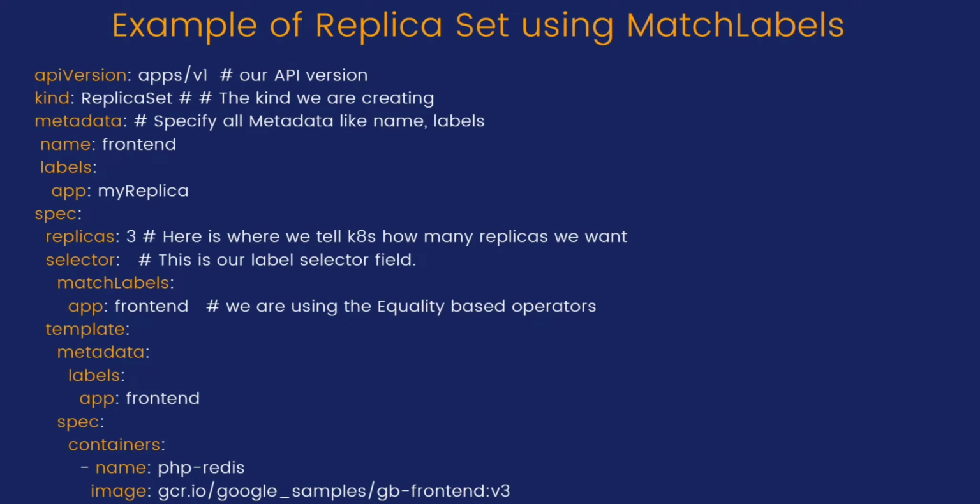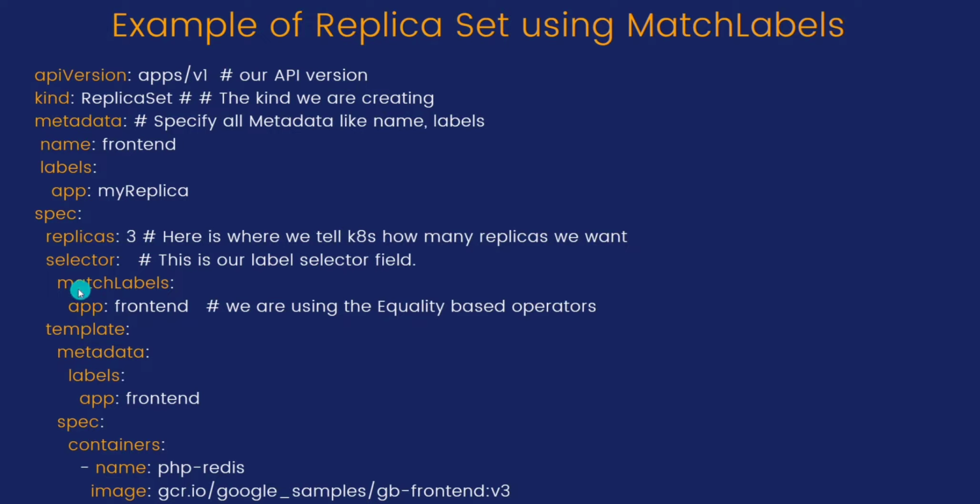So here is an example of how to create the replica set YAML. First we have to define the API version as apps/v1. Then the kind of object we have to define is a ReplicaSet object. Metadata contains the name and label information about the replica set, and in the specification we have to define the replicas and template. Replicas means how many replicas you require, and template will contain the information about the containers. And this selector is generally used to manage the pods.